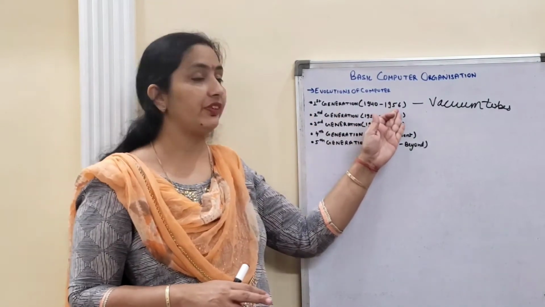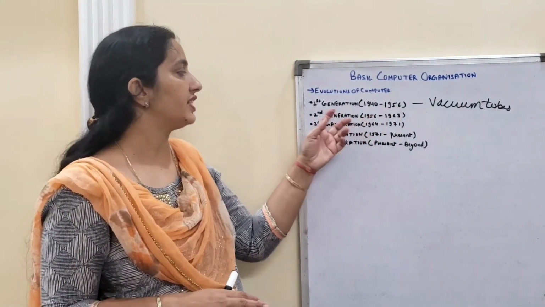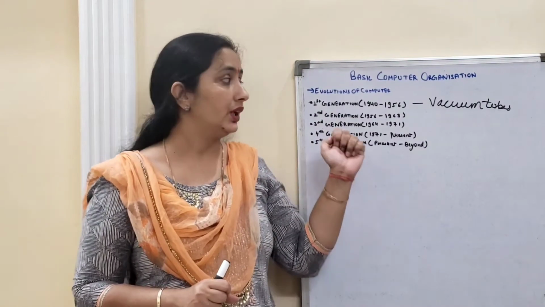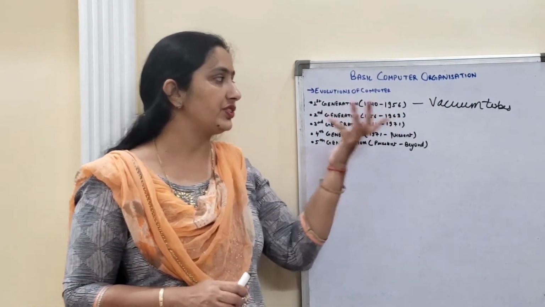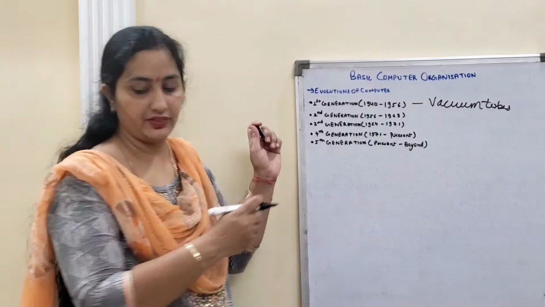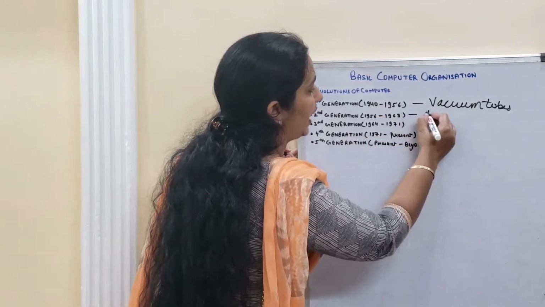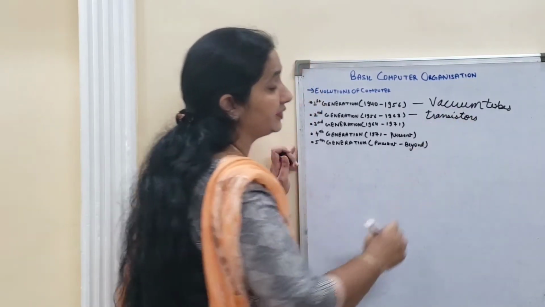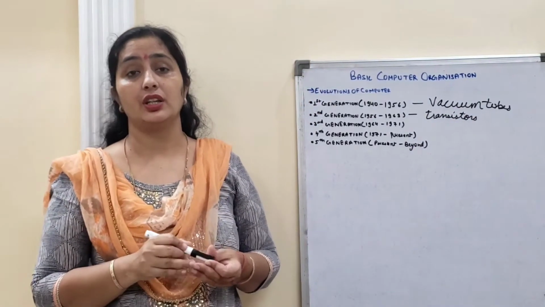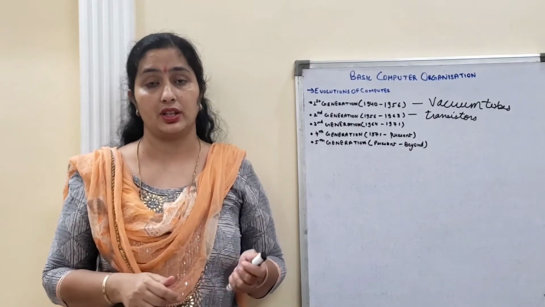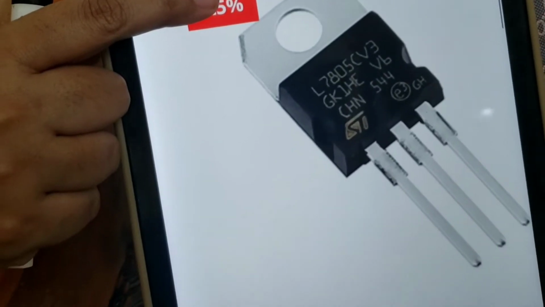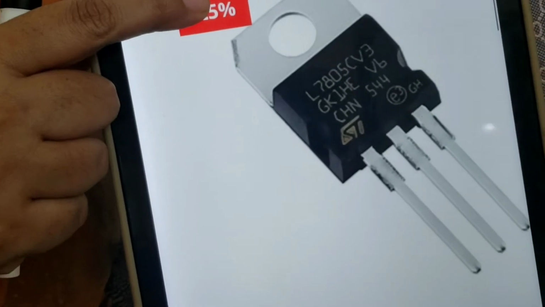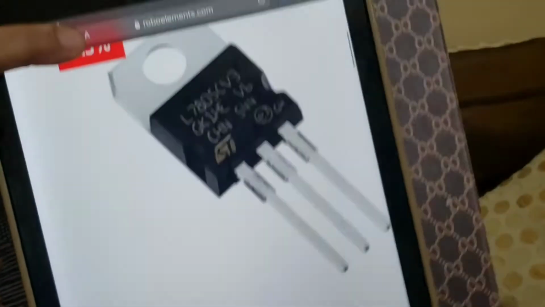Now, till 1956 we used these. In 1956 second generation computers came. What changed is that instead of vacuum tubes we now have transistors. These were the main changes. Now I'll show you how a transistor looks. This is a transistor. Now you can see how its space requirement has changed with the evolution of transistors in computers.